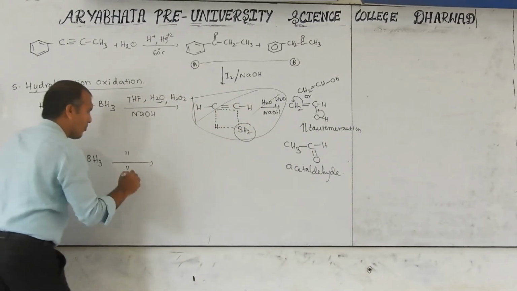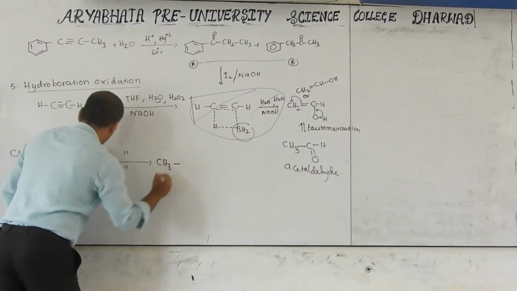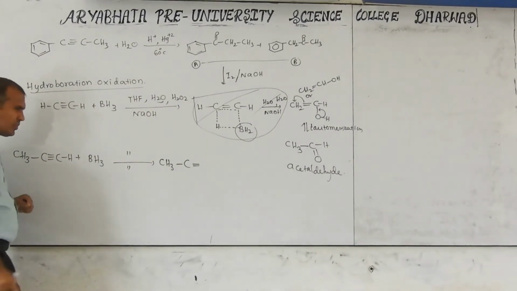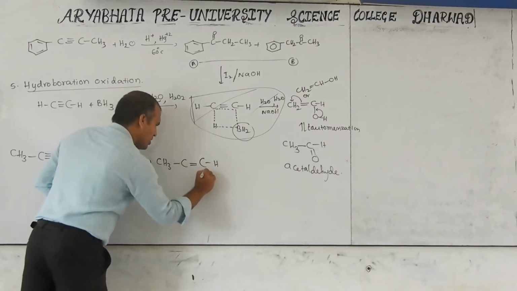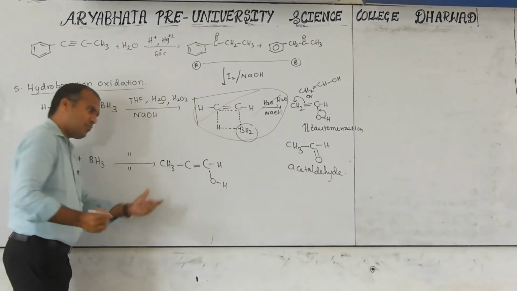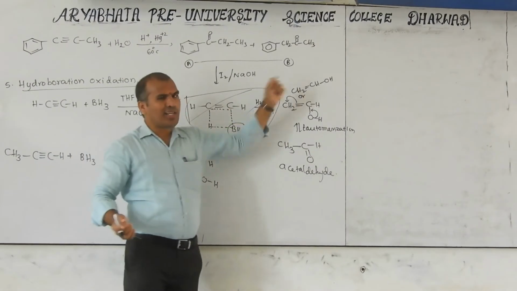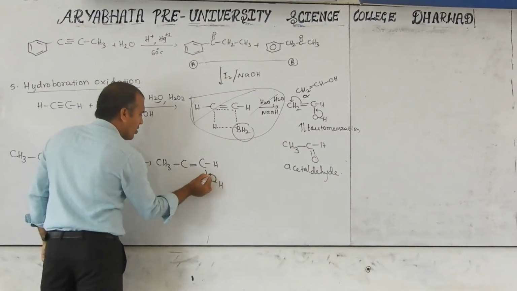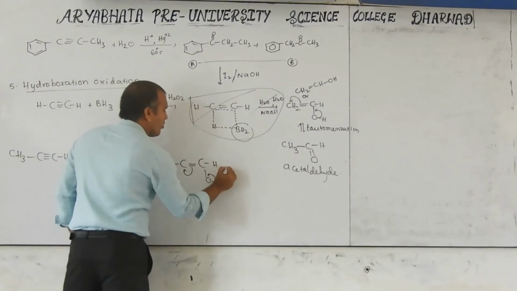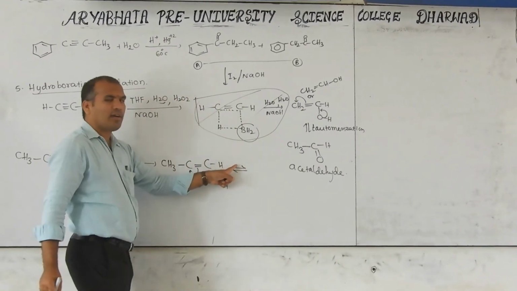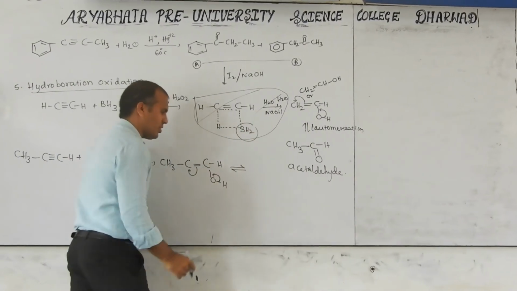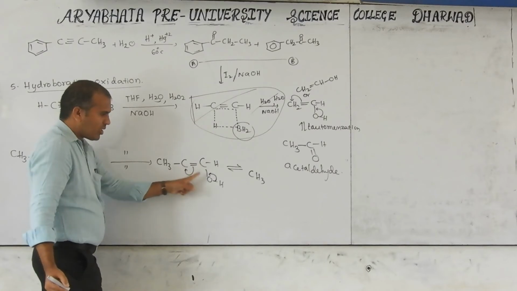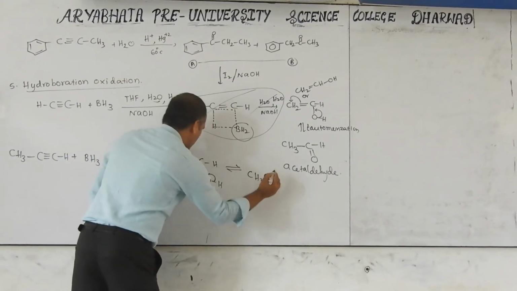Now CH3 C double bond, one bond out, and here CHOH. This is a vinylic alcohol, exactly vinyl alcohol. This type of alcohol, vinyl alcohol, right? Then this will be tautomerized, then we will get here. This is simple. I am not always writing tautomerization, but you have to insert tautomerization. Then CH3, and here the negative charge is H, CH.